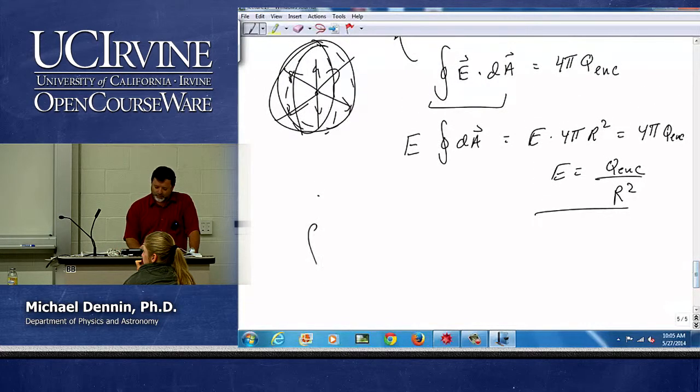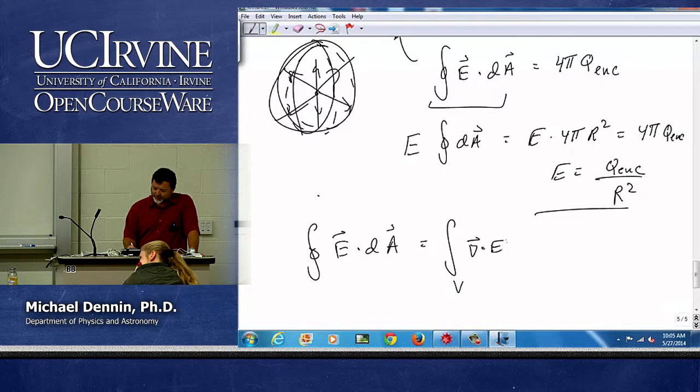Now we know the integral of E dot dA, right, is also what we just said above, the integral over the volume of the divergence of E times dV. That's our integral theorem. Okay. Now, for this to now equal 4 pi Q enclosed,